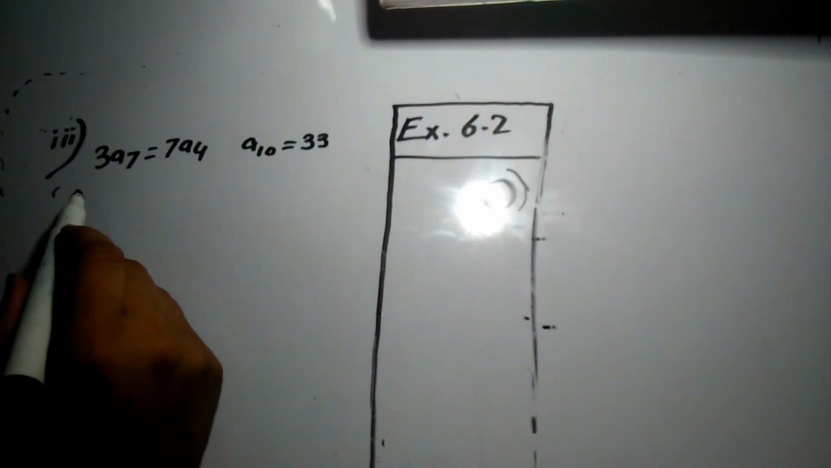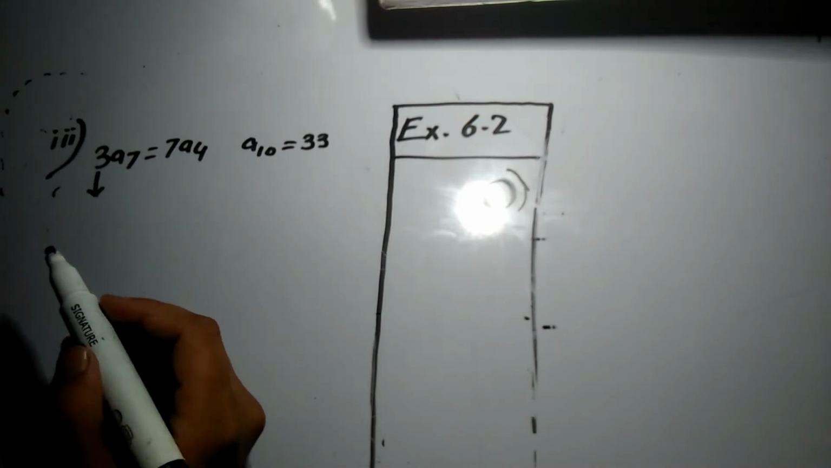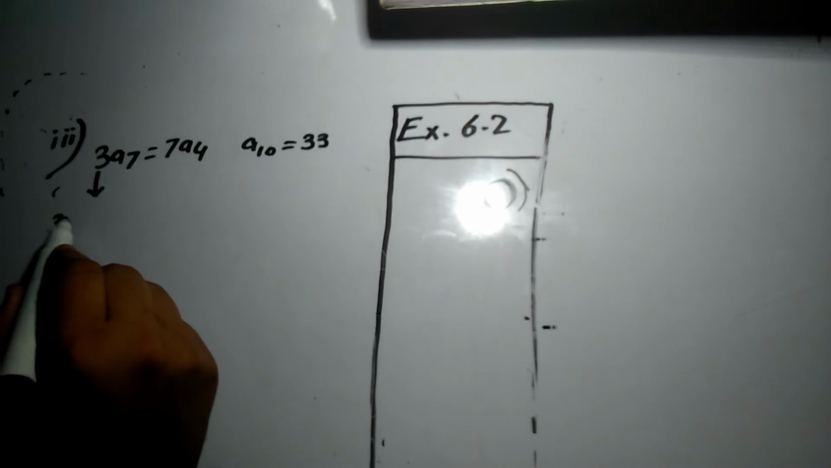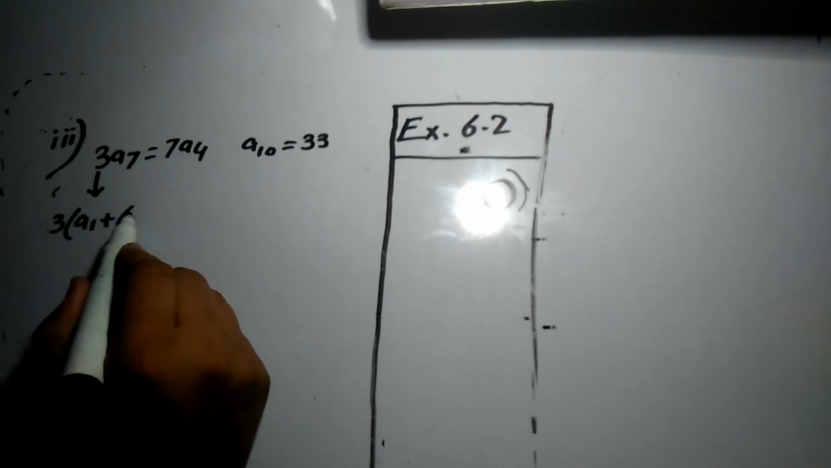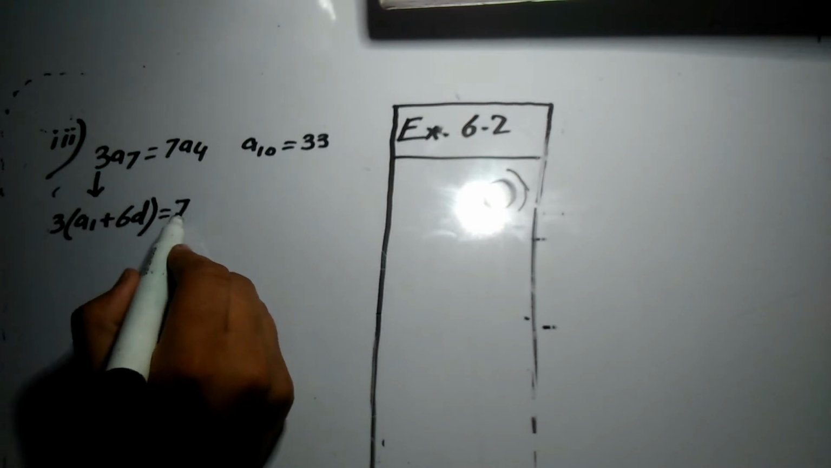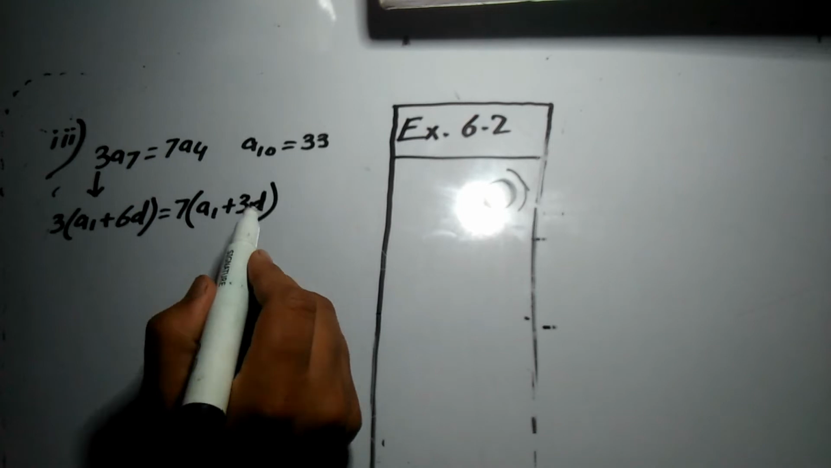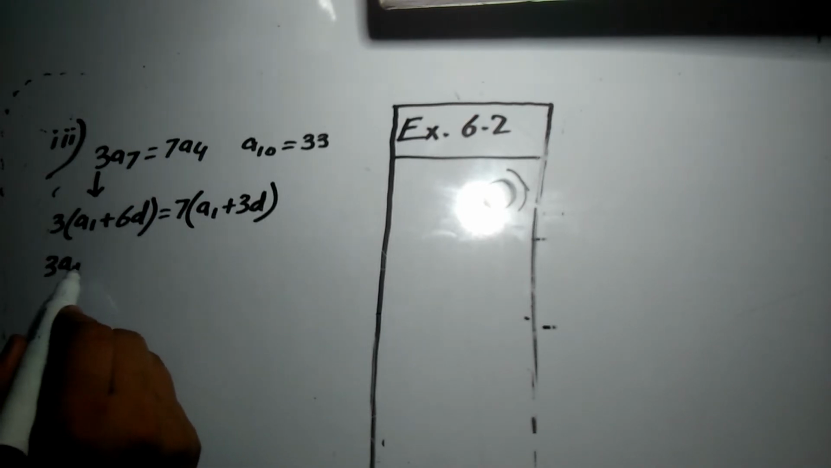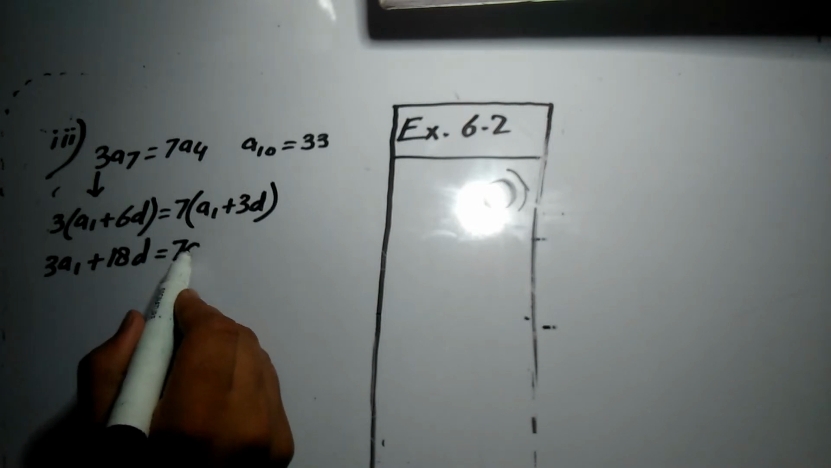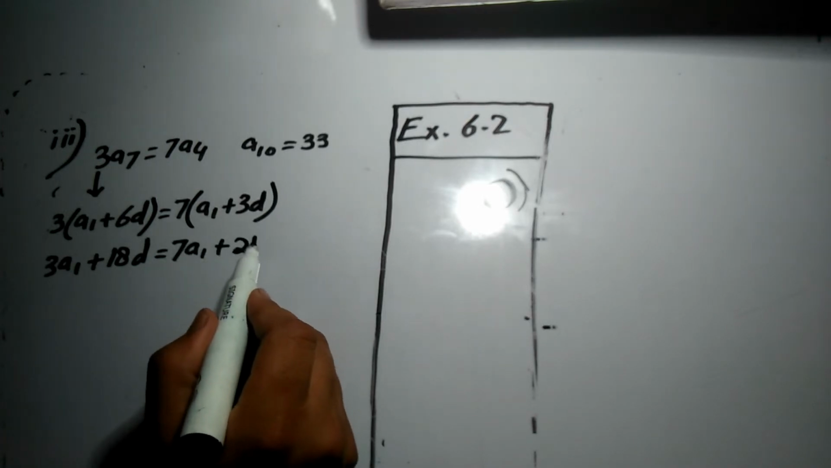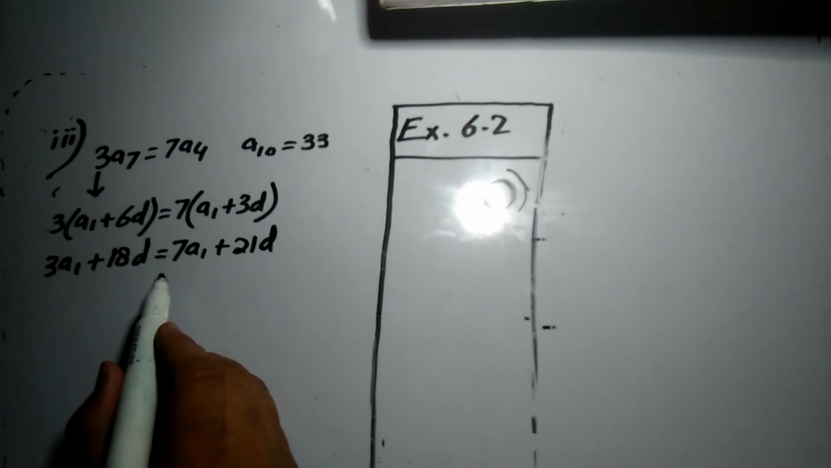Here in the third part, 3a7 is equal to 7a4. So if we put the value of a7, this will be equal to 3(a1 plus 6d), and similarly 7 times a4 will be equal to 7(a1 plus 3d). So this will be equal to 3a1 plus 6 3s are 18, d is equal to 7a1 plus 21d. So after simplification, this will become